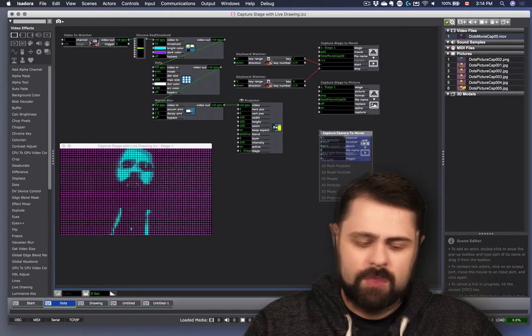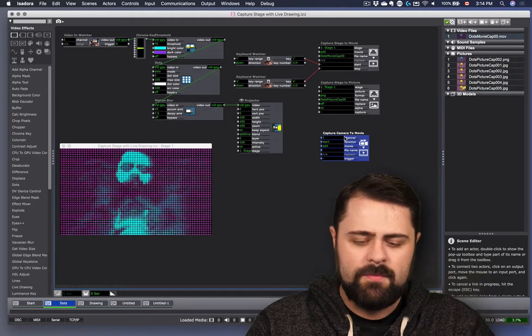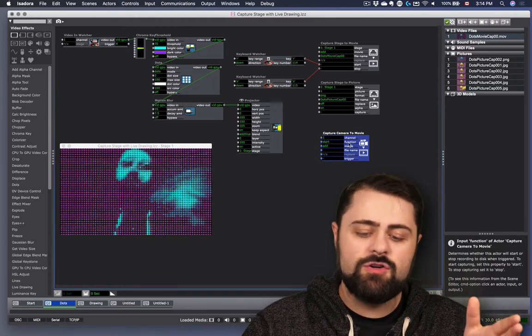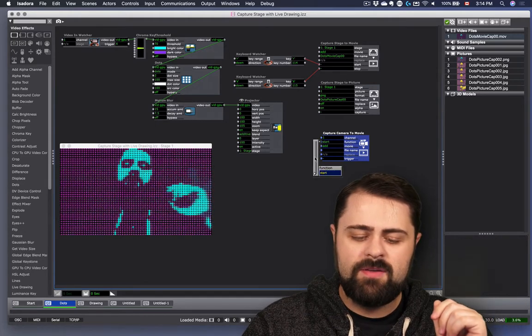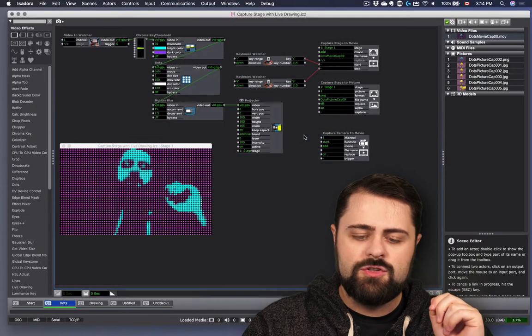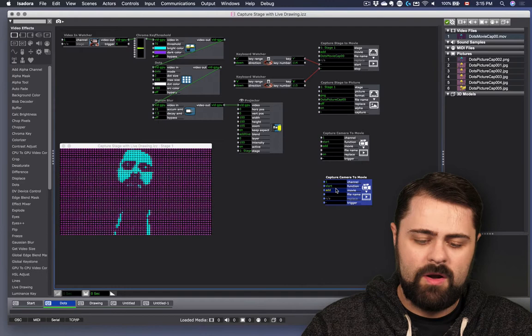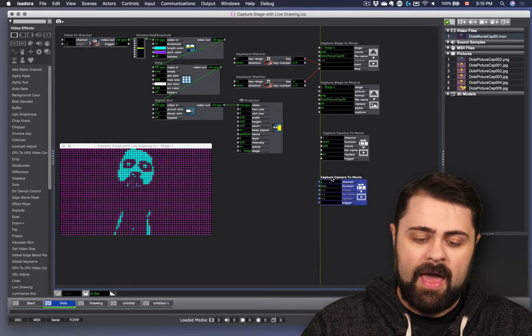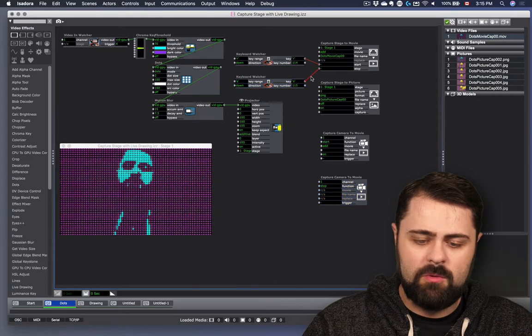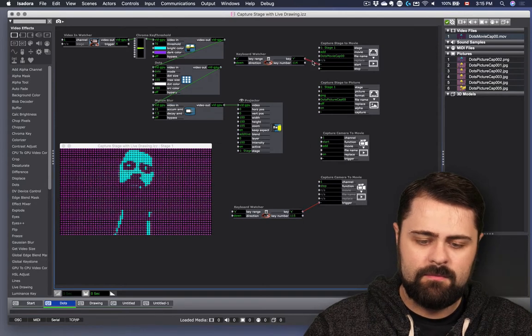Well, the capture camera to movie actor is a little bit different. It has another function field because we have to actually set this function to start or stop that capture. So in the case of capture camera, we're going to make two of them. We're going to set one to start. We're going to set one to stop. And then we're going to grab those same triggers that we were working with before. Plug those in down there.